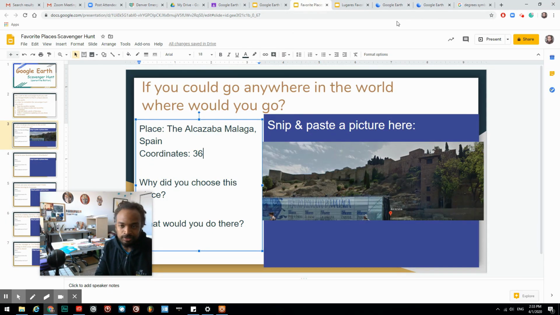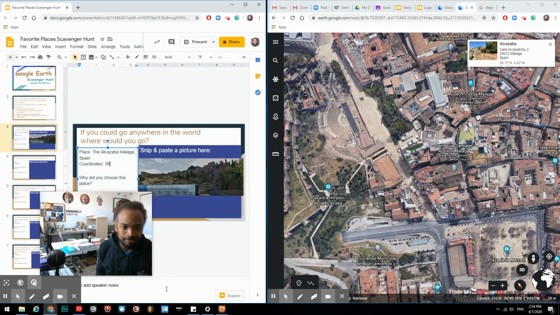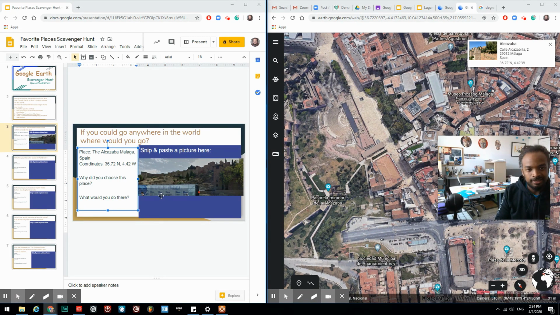Now be patient with yourself, because it might take a few seconds to get there. Remember, some of you are skilled at using the double screen, so this is a good double screen time. Cool, so now I have my double screen up and I can just type it in. So now when one of your classmates sees your presentation and they want to go to Malaga, they can use those coordinates to get there. All right,